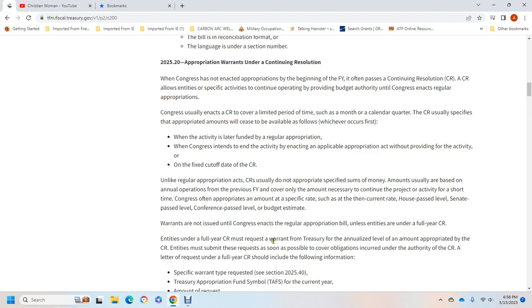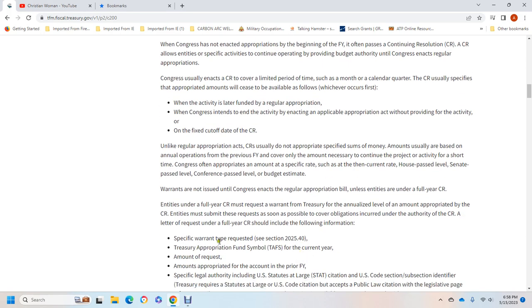Any entity in the following year of the continuing resolution must request the warrant of the Treasury at the annualized level of the amount, with the priority of the continuing resolution. Any entity must submit a request for the possible obligations incurred under the authority of the continuing resolution, and the letter of the request for the full year continuing resolution should include the following information: specific warrant type